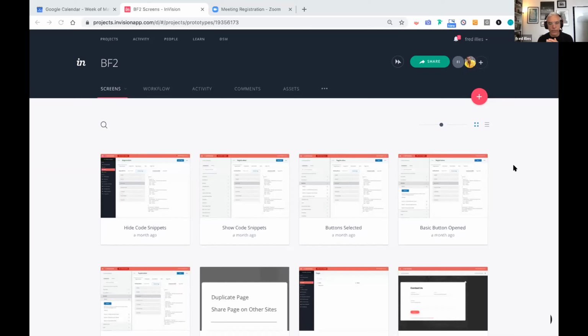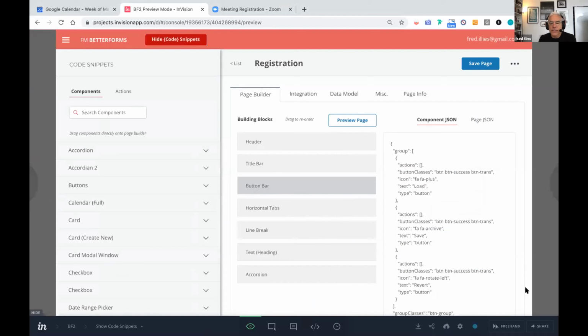So this is part of that discussion: in addition to increasing the functionality of Better Forms, we're also talking about ways to improve the usability of Better Forms and make it a better experience for the developers. So with that in mind, we started having this conversation. And so I walked through and thought, okay, there are a few different ideas here. And Kevin, this is in answer to your question about